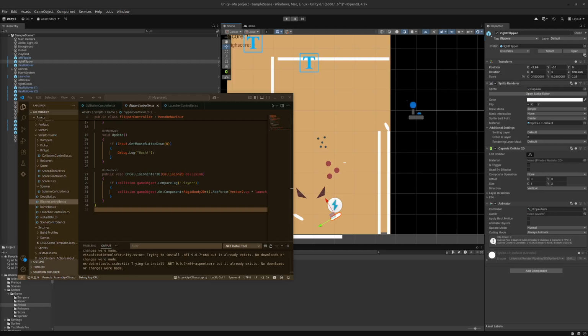Do they both need a rigid body? Right? Yeah, I'll need to figure that out.